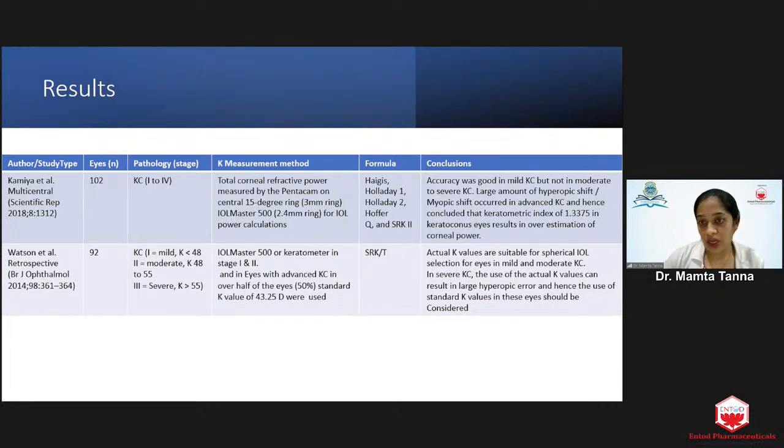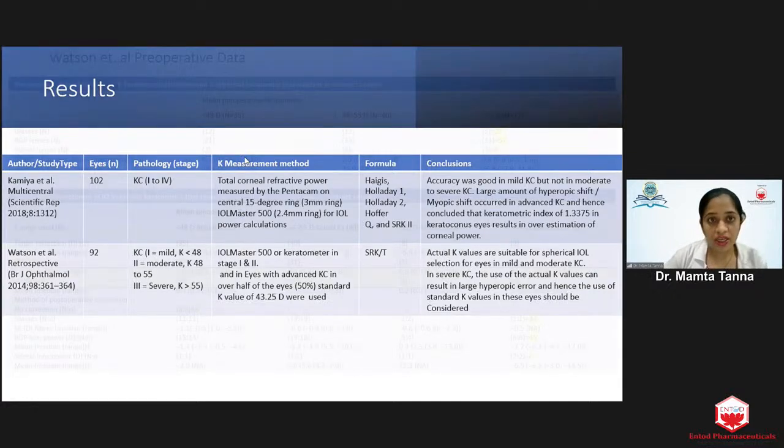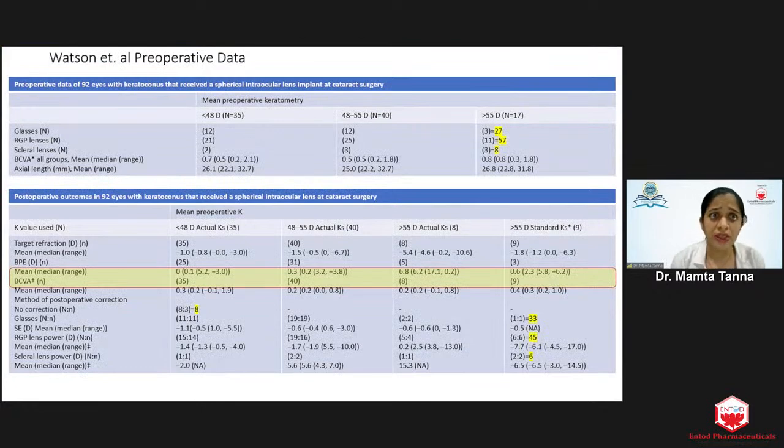Conclusion: actual K values are suitable for mild to moderate cases, but in severe cases, the standard K value was better, as depicted in this table. This is the preoperative data of all the 92 patients studied, which shows that out of 92, 27 patients were using glasses, 57 were using RGP corneal contact lenses, and 8 were using scleral contact lenses. And postoperatively, when the spherical IOL implantation was done, it shows a very good